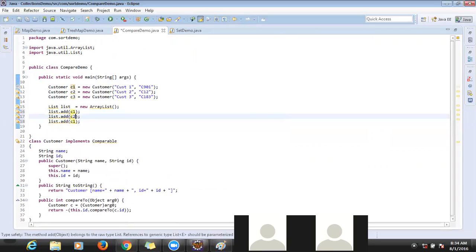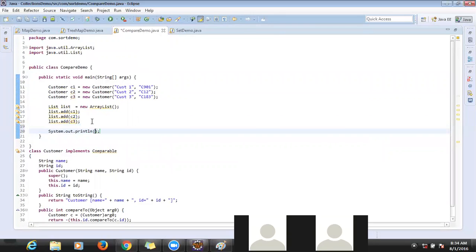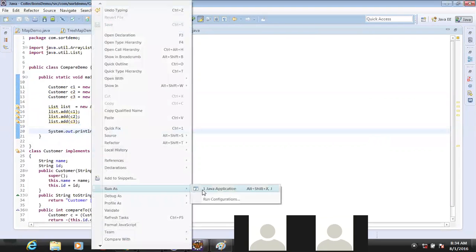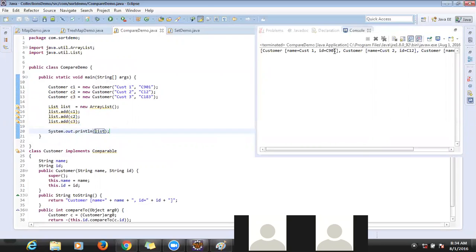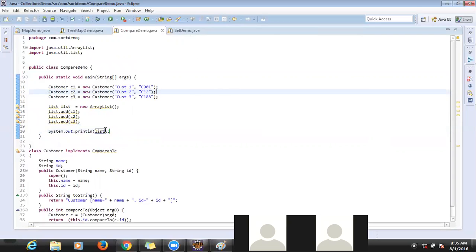C1 I added, C2 I added, C3 I added. Now I want to display these elements. Let me display. It is not displaying in any order, right? Whatever order you are adding, it is displaying in the same order: customer 1, customer 2, and customer 3 last. Now I want this list of elements to be displayed in sorted order.